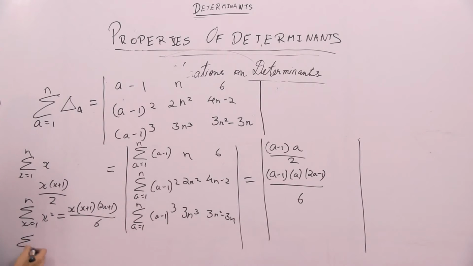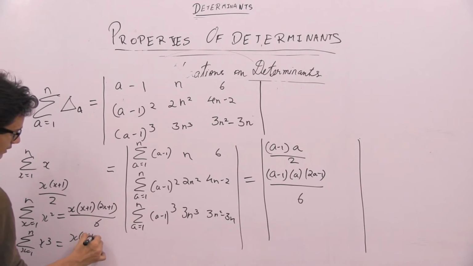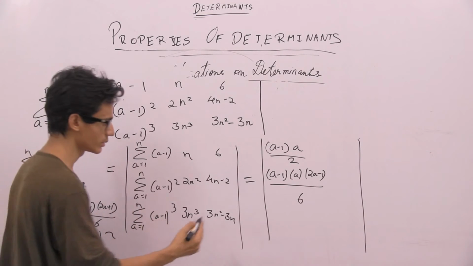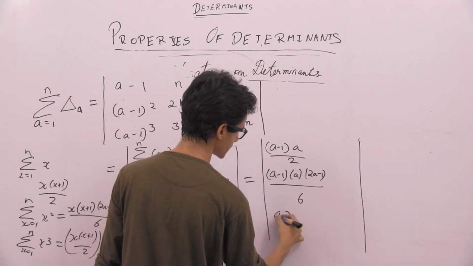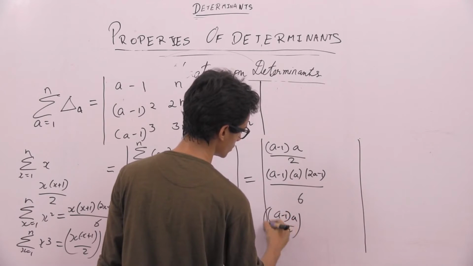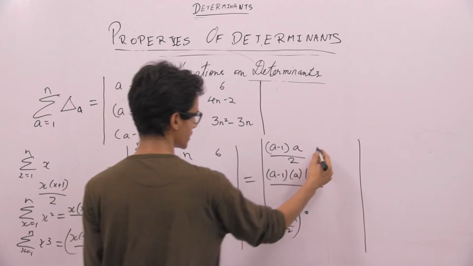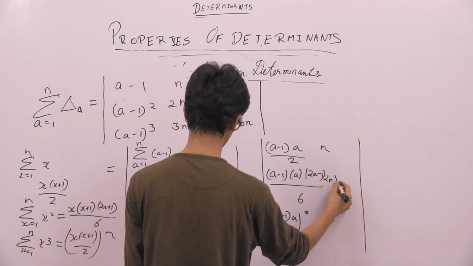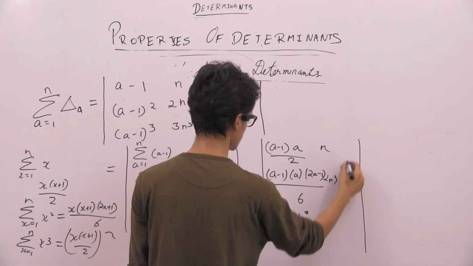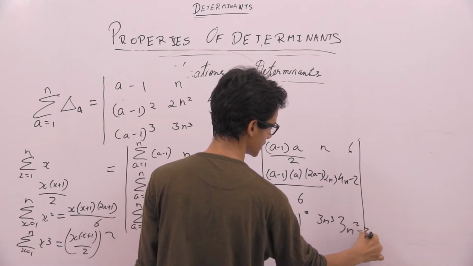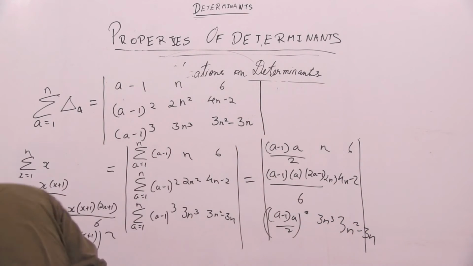Similarly, this is the formula for x equal to 1 to n. A summation of x cube is x plus 1 by 2 whole squared. Replacing x by a minus 1, we get a minus 1 a by 2 whole squared. So the constant terms remain as it is: n, 2n square, 3n cube, 6, 4n minus 2, 3n square minus 3n. So rewriting this,